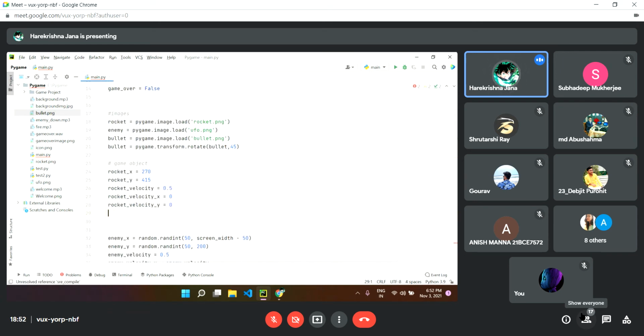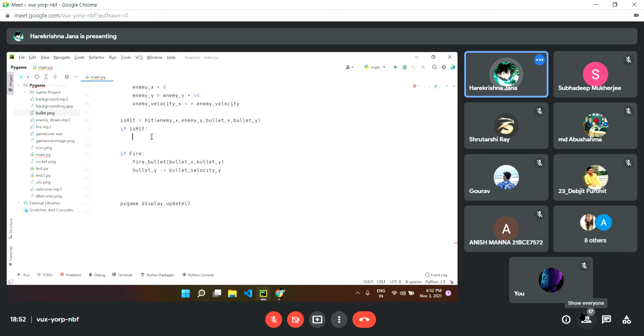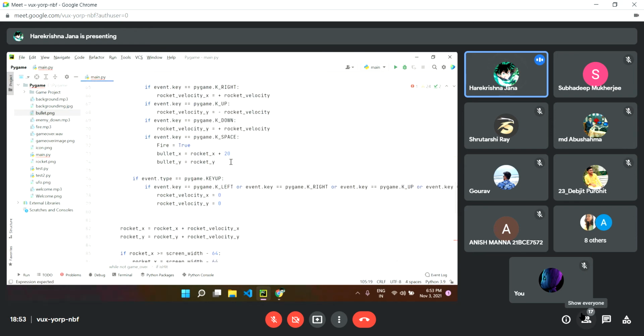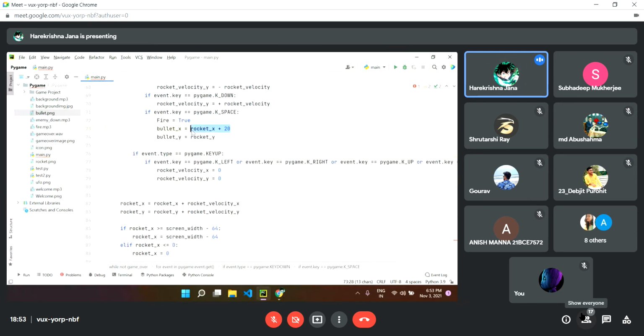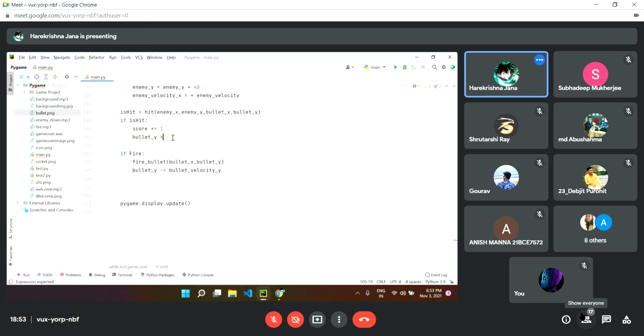Score equals 0 first, and then we will update the score, score plus equals 1, and we have to reset the bullet also. So for that, bullet y will be again the previous one, rocket x plus 20. Let's copy it, and yes, we have to set the fire to false,